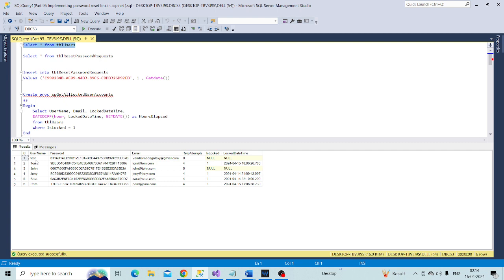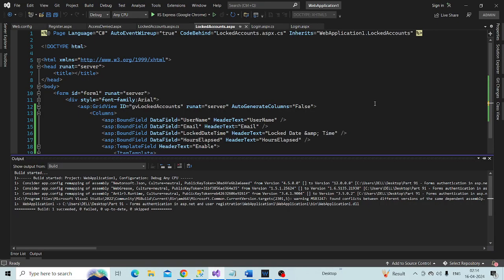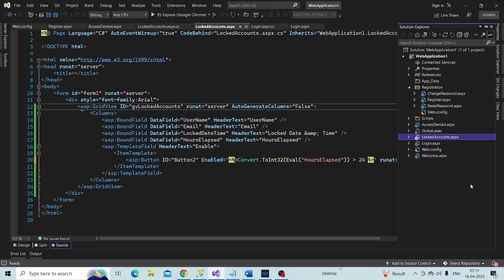There are several ways. One way is you can move this logged account page to another folder, maybe an admin folder, and have another web.config file there with an authorization element, which allows access only to test user and denies access to everybody else. That is one way. Another way,